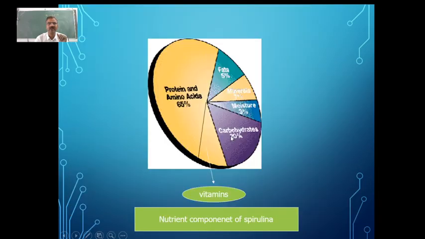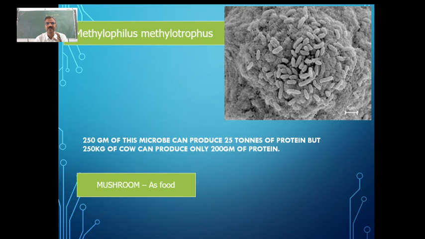And this spirulina is going to have a lot of proteins and also amino acids in them. You can look at this one. And since we are using the waste here and the multiplication of this spirulina is very fast, we are going to get more quantity of proteins within a short time and without much investment. That is the thing which we are having here.